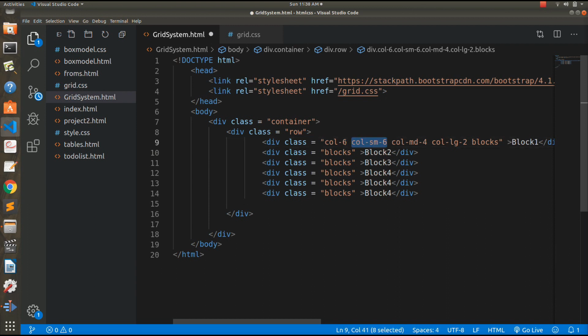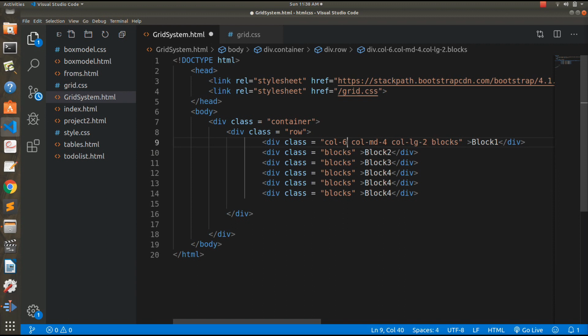So when we give extra small size as 6, it is changed at mid size. Therefore we don't need to write small here, because it will go on till mid size, and in mid size the partition size would be changed to 4. So I can remove this here, and this would work perfectly fine.